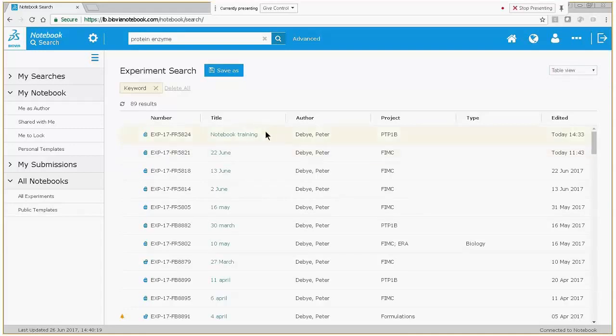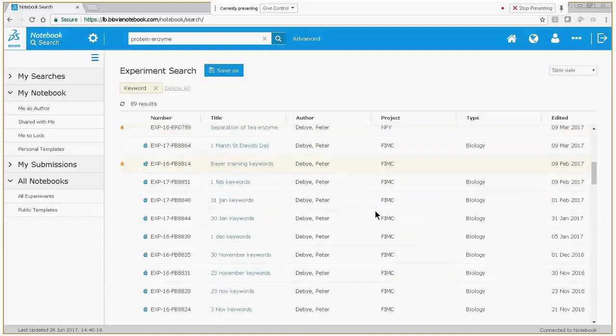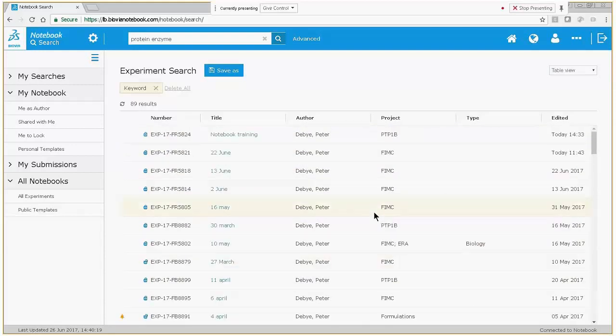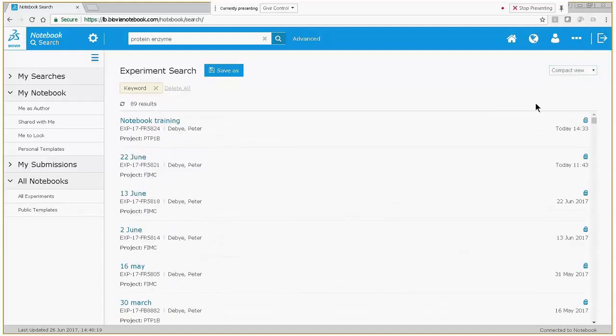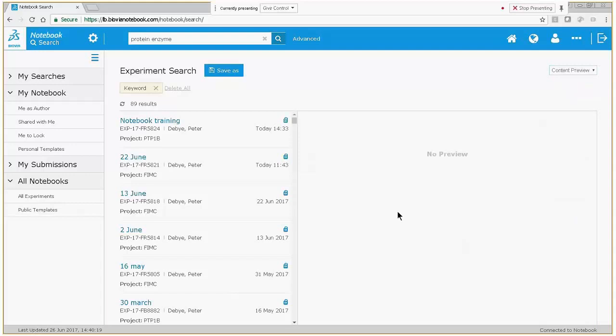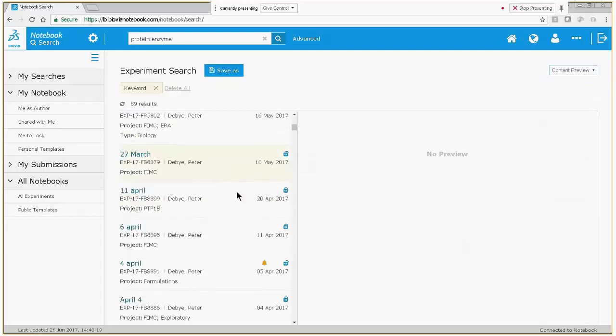So these are the hits. Now whenever you have a search, or even when we were browsing, which we did with the all experiments and my experiments, whenever you have these lists of experiments, you do actually have a choice of view. If you go up to the top right here, there's a compact view. If you're on a tablet, this is a better view. But if you're doing searching, then I think the most useful view is the content preview. Because here then you can see